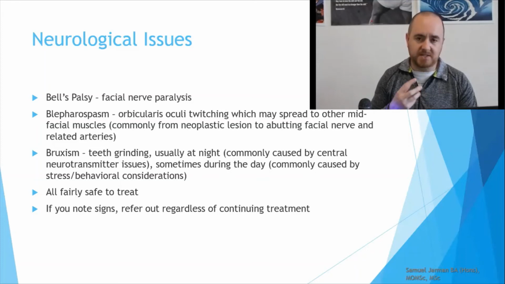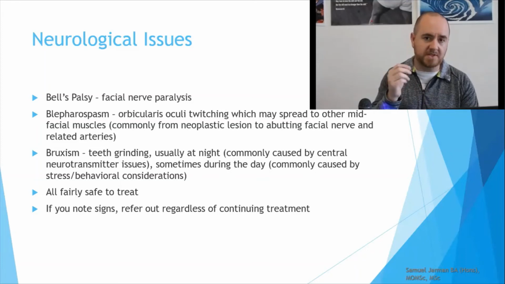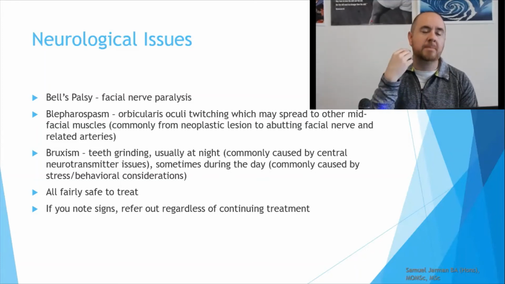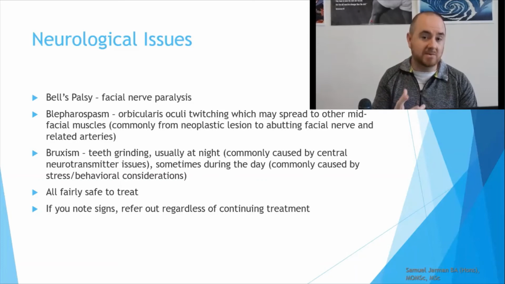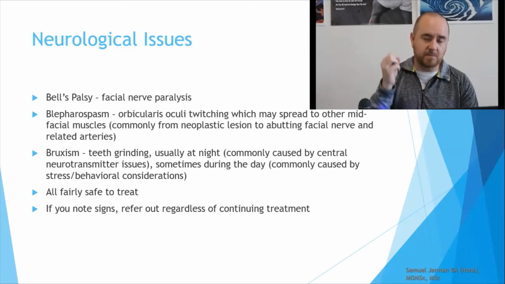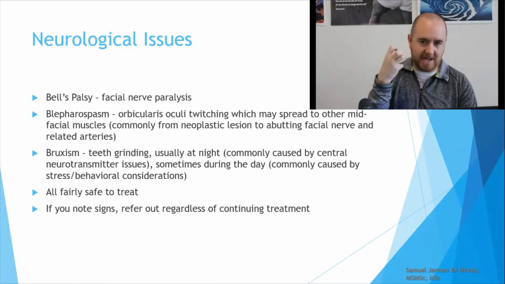But what you would be considering there, of course, is the mandible more or less in its entirety. And that's probably where you're going to be able to do something for Bell's palsy, because Bell's palsy is full facial nerve paralysis, whereas blepharospasm is orbicularis oculi specifically twitching. So essentially you're looking at the muscles of the midface, and the spasm may also go there. So you're getting some blinking.